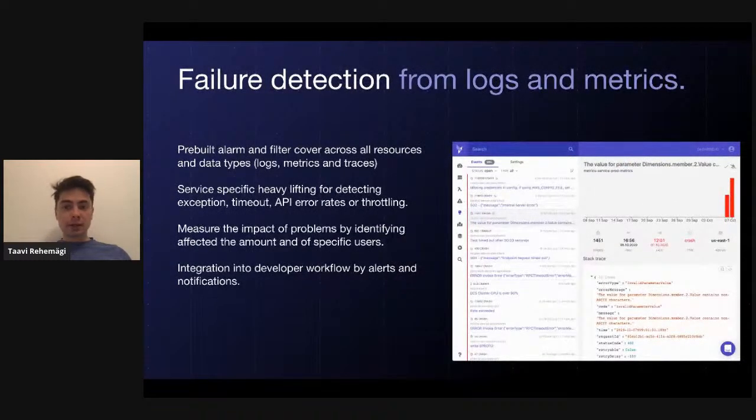The second thing, as I mentioned, is the failure detection. And here we really try to abstract, automate, and reduce the know-how necessary to accumulate in a team. So imagine you're adopting API Gateway for the first time and you're going to use Lambda for the first time and SQS queues. Then each one of those services can have really specific failures to that specific service.